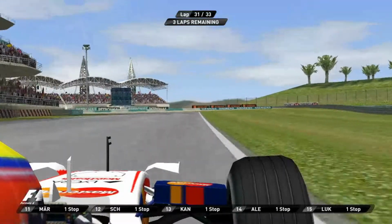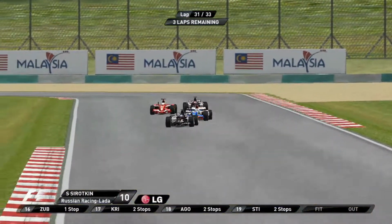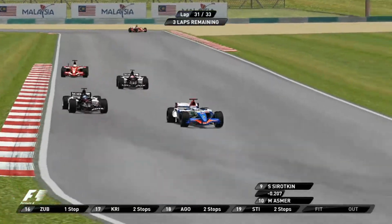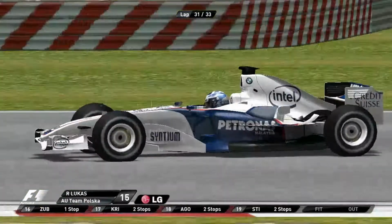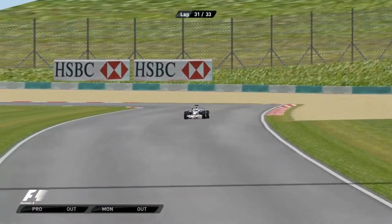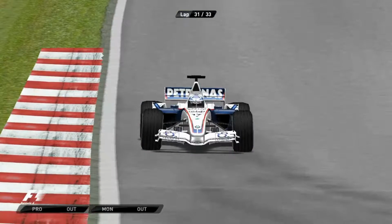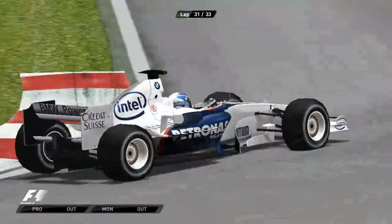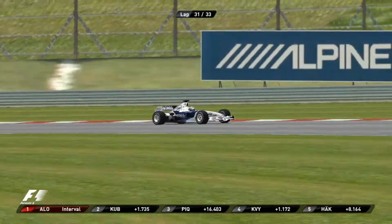So we still have the fight going on for the last points in P10, like we just see right there, with both Baltic cars and one of the Russian racing cars. And then we switch over to Robert Lucas, who is all alone at P15. Very quiet race for him. Not too bad, but...